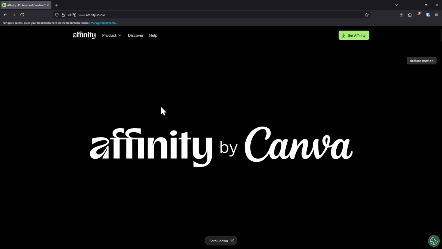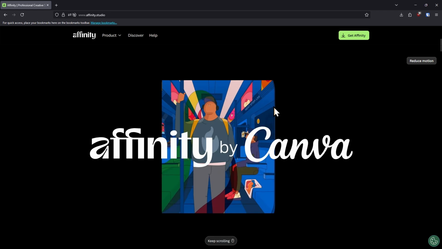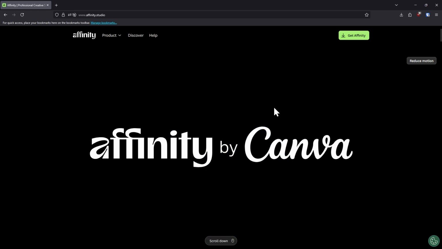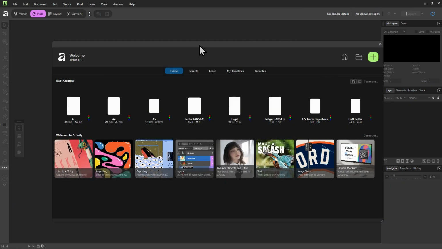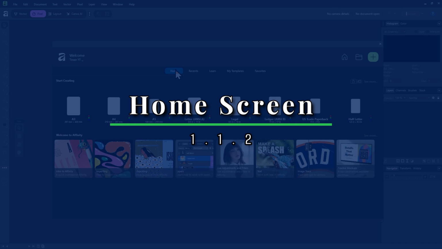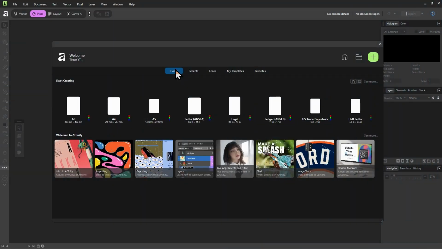If you haven't yet, make sure to go into affinity.studio in your web browser and click on Get Affinity. Or you can scroll this page if you want to see a quick overview of the app. It will ask you to log in with your Canva account and then you can start installing it. Once you have installed the Affinity app and set it up, this is the first thing that you will see,